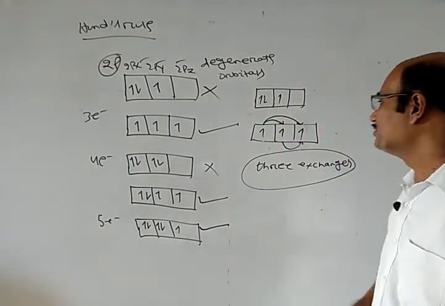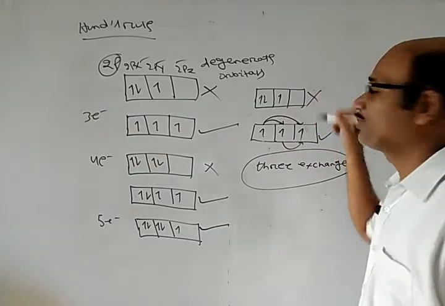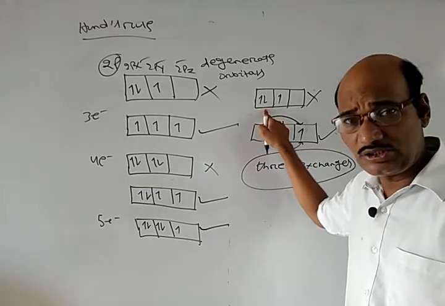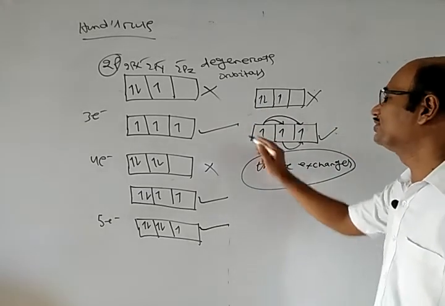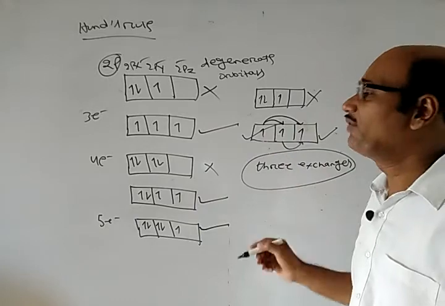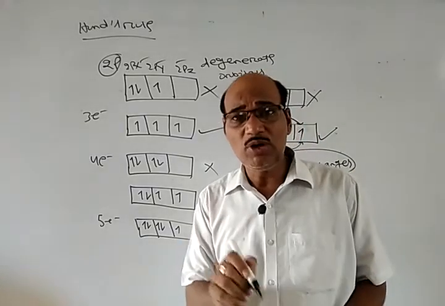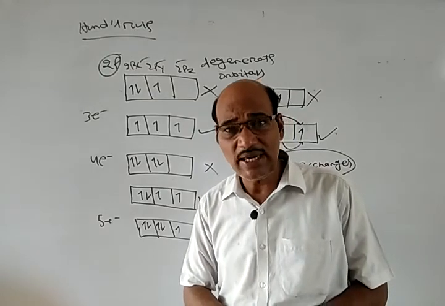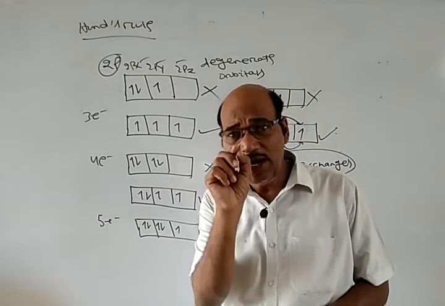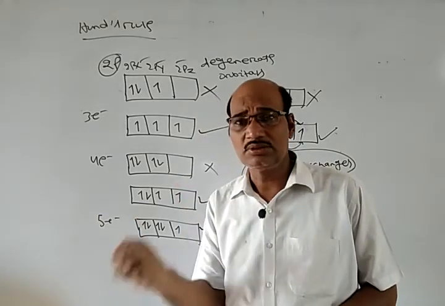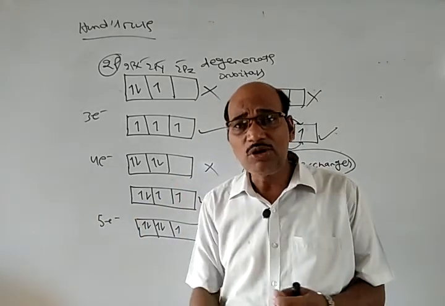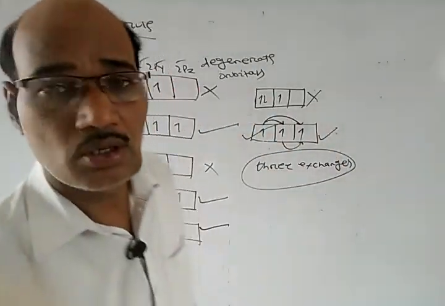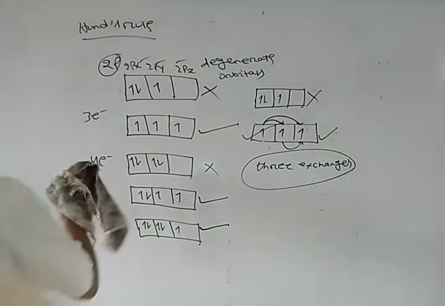Okay. So that's why this is preferred, this is not preferred. So here there is no exchange at all. Okay. So that's why this is preferred. Hence, whenever we are going to give electrons to the degenerate orbitals like p, d, f subshells, first we have to give one electron to each. Then after, if more electrons are there, then we can go for pairing of the electrons. Okay, this is called Hund's rule.